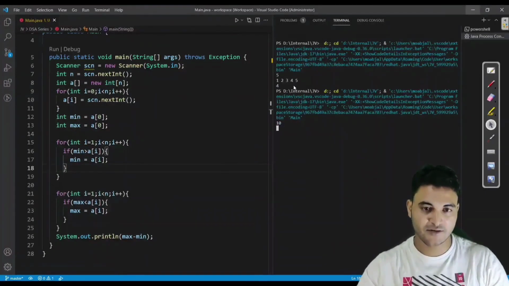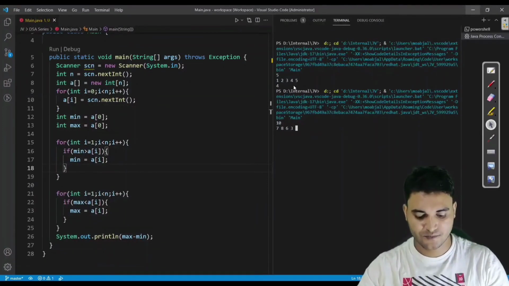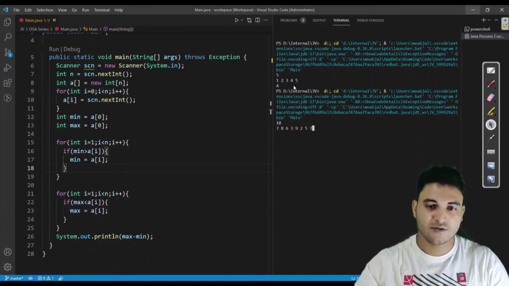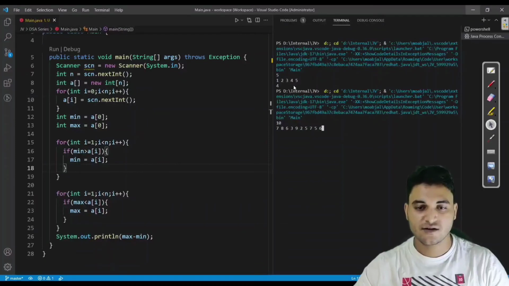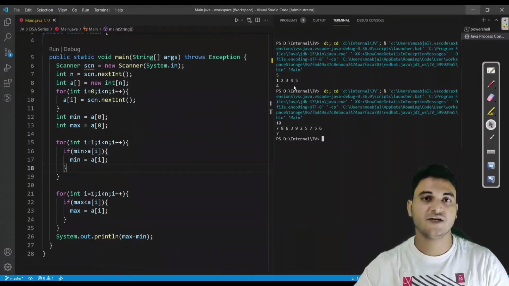Let us say 10 and 7 8 9 6 3 9 2 3 4 3 3 6 3 3 6 9. So we have entered 10 elements. Now what should be the output? Maximum is 9 and minimum is 2. We would get 7. So you can see we are getting 7.